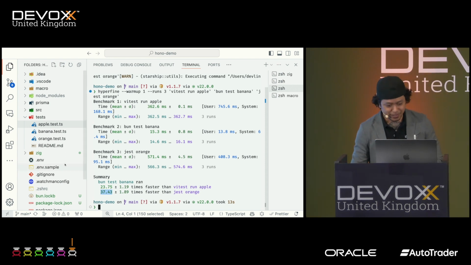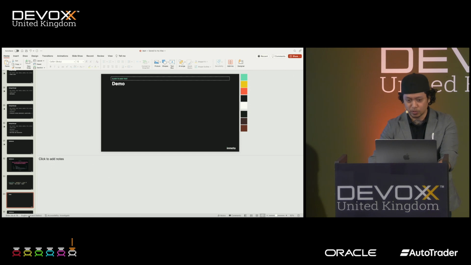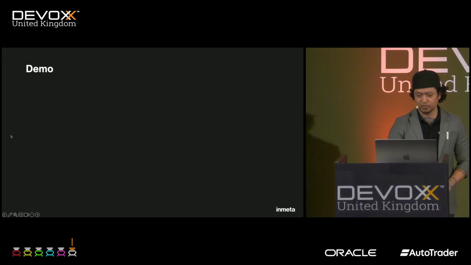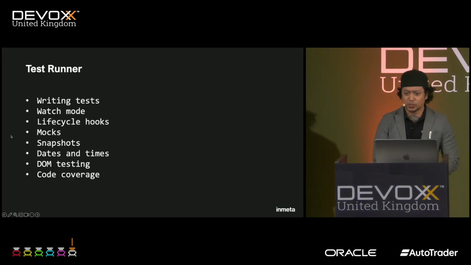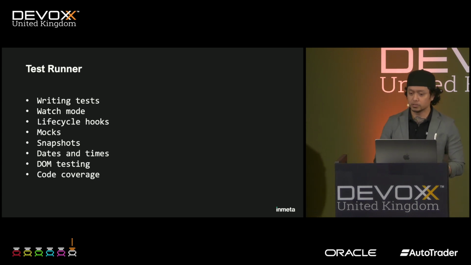So now we know that they're not lying, right? So we can go back to what we're doing here and then read more about what Bun can do. You can also do a lot of things with Bun as a test runner. It is a fast, built-in, JS-compatible test runner, and tests are executed with the Bun runtime and support these features.